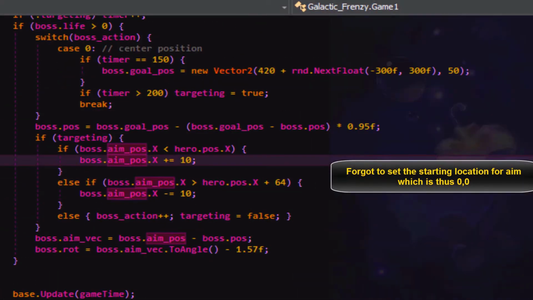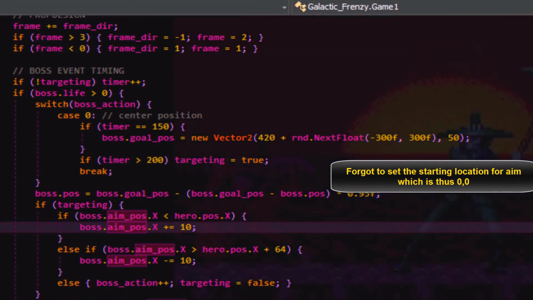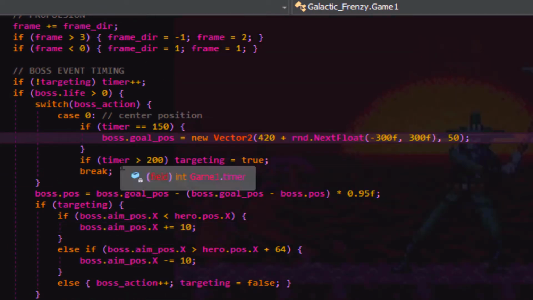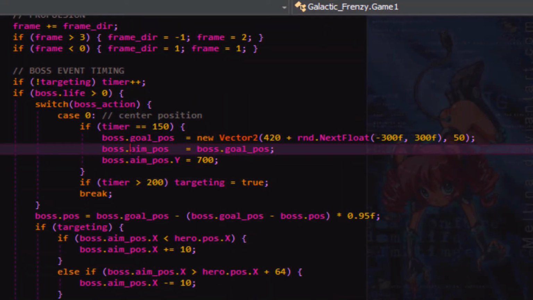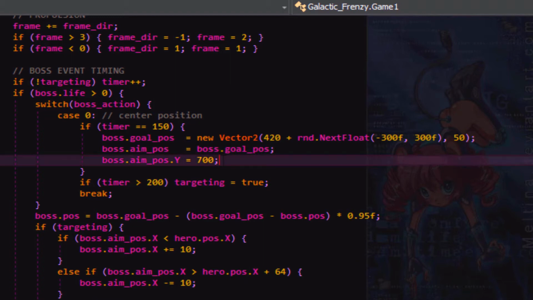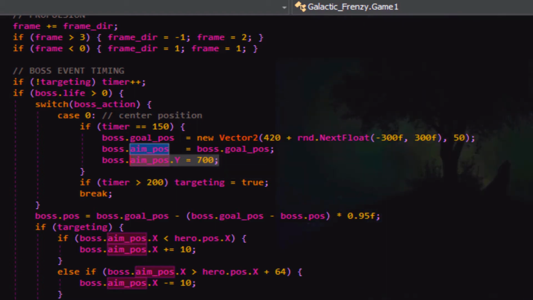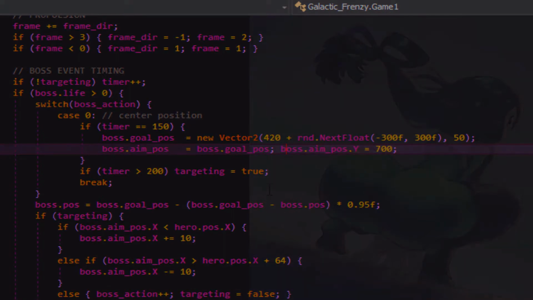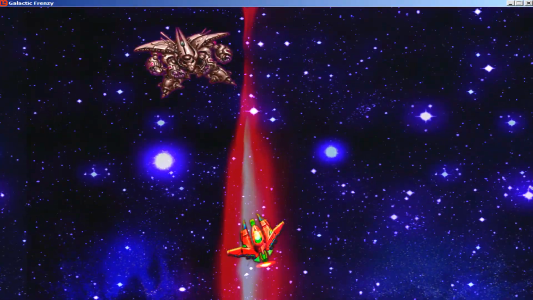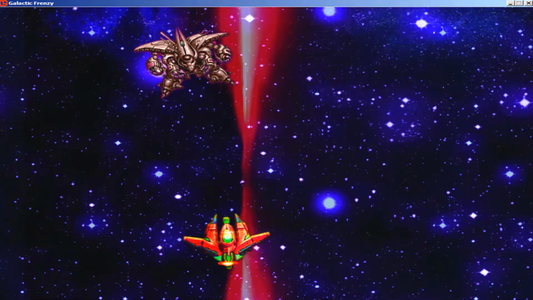I just realized up here we haven't set anything to do with the aim for its initial placement. So let's make sure we do that. I'm just setting the aim position to be the same as the goal position of the character. Same XY location, but then I want it to be further down from the character, towards the bottom of the screen. So his aimer is going to be initially under him all the way to the bottom of the screen until he starts targeting and aiming towards the character. Then it'll just adjust the X of the aim position. Let's just put this up here. Okay, it looks like he effectively targeted my player.